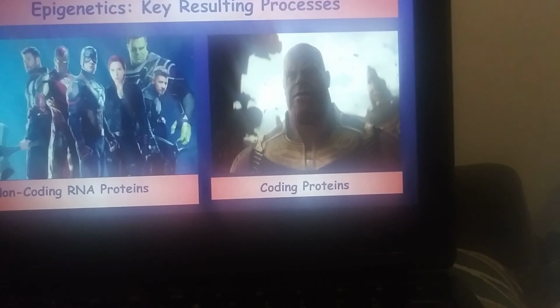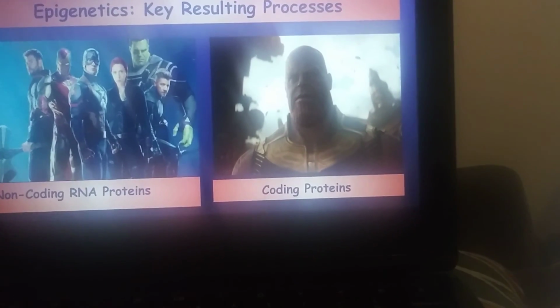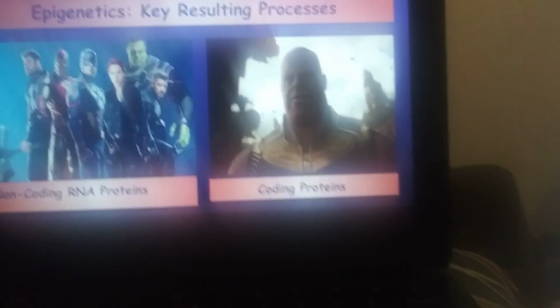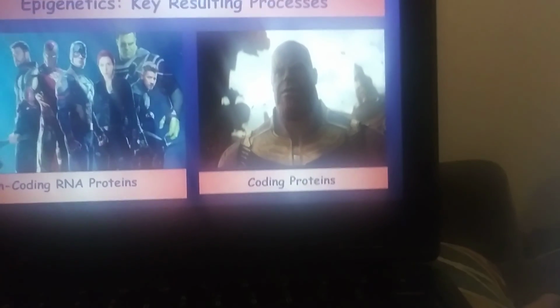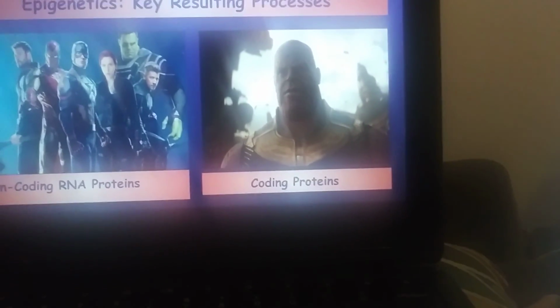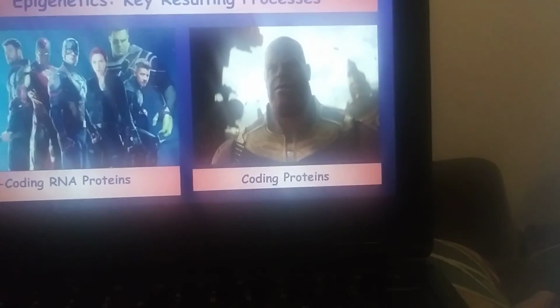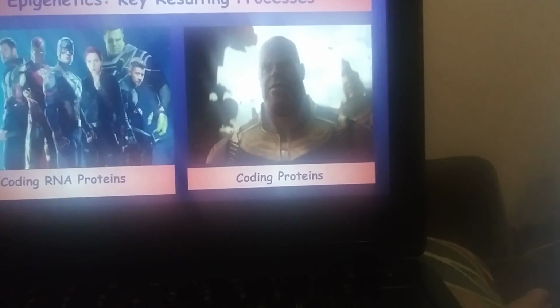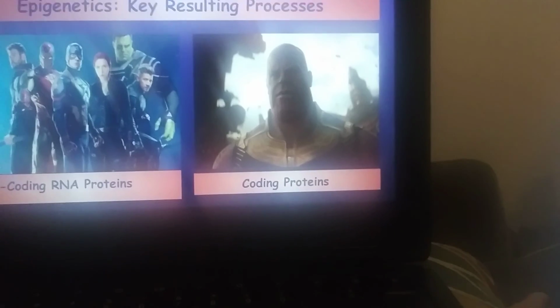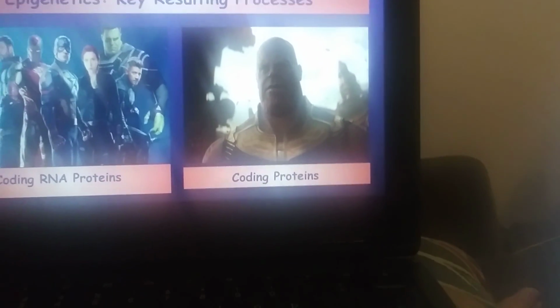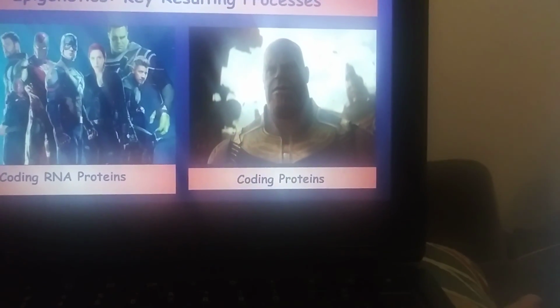Let's start with DNA methylation, which is the addition of a methyl group to specific places that attach themselves to DNA. The gene cannot interact with or read the DNA, which turns the gene off. For that gene to turn back on, so to speak, it would have to go through the process of demethylation. Next, we have